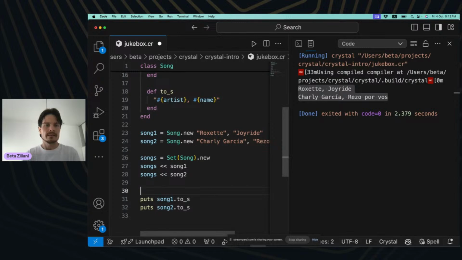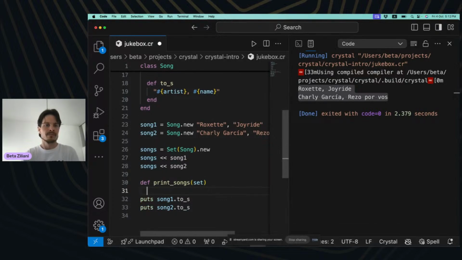Right? And we can create a print_songs that, given a set, will iterate over the songs in the set and print those.